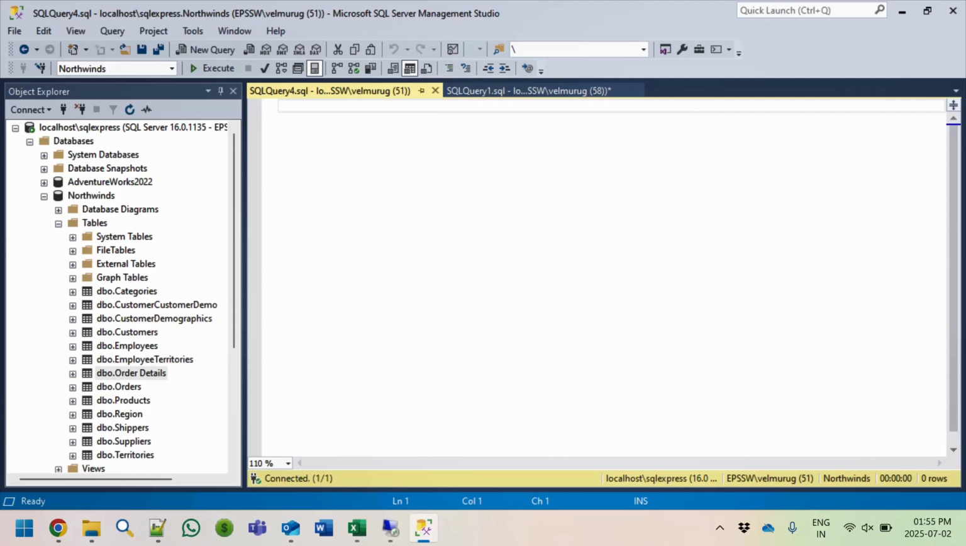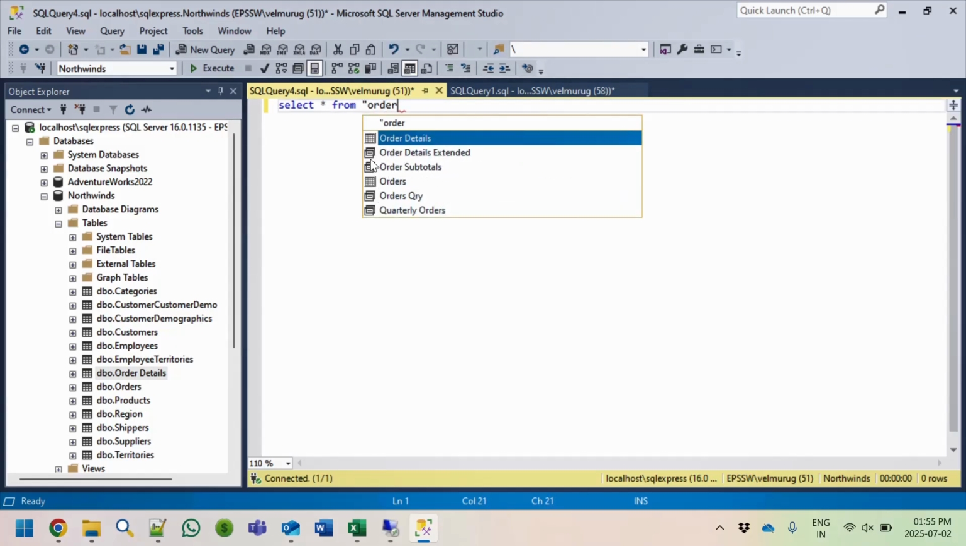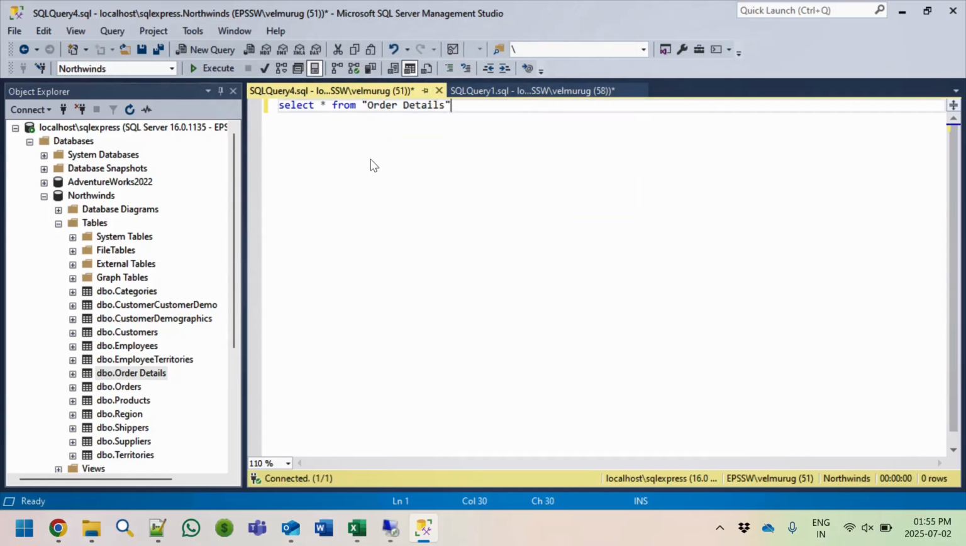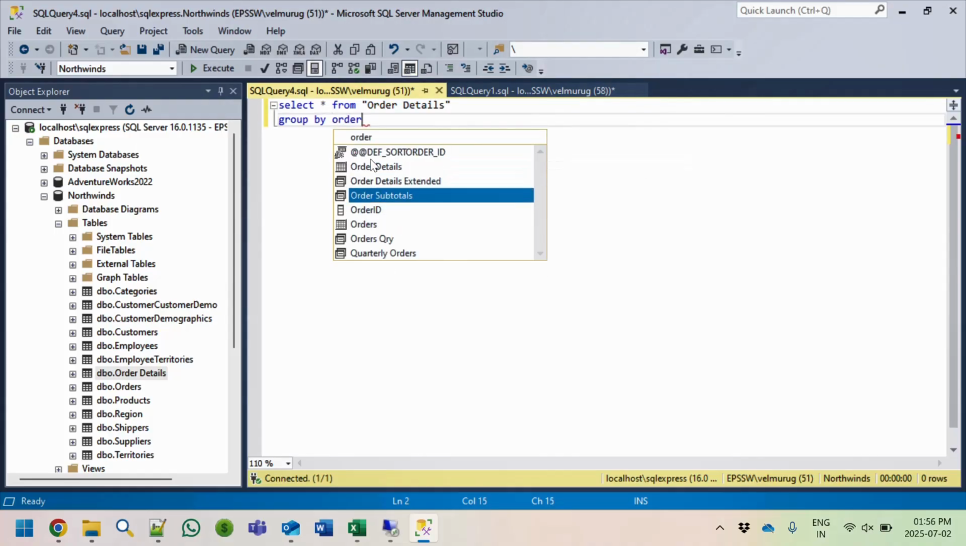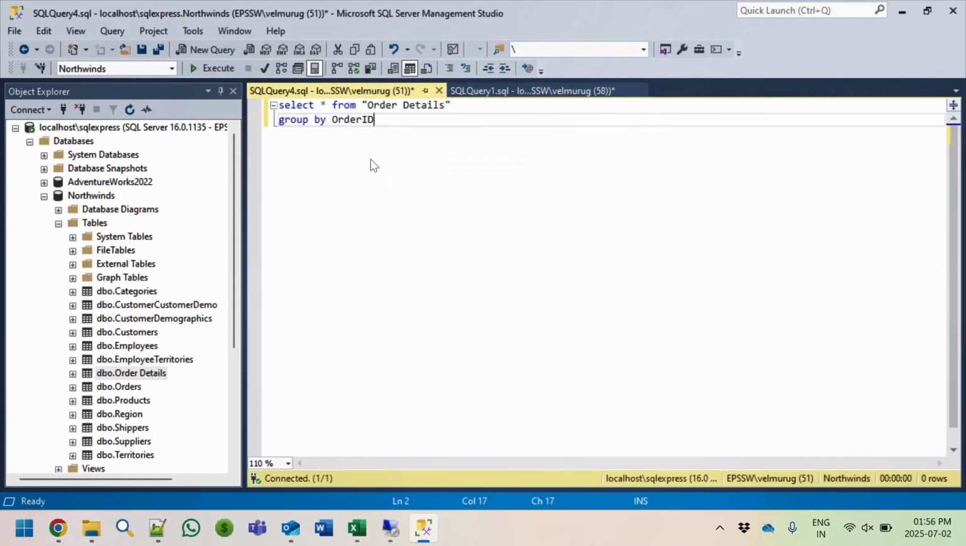Let's see how to use the group by clause. So let me type select star from order details, and our keyword is group by, and you need to include your column name here. Order ID is my column name, and if you execute,